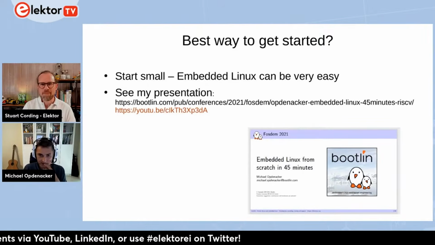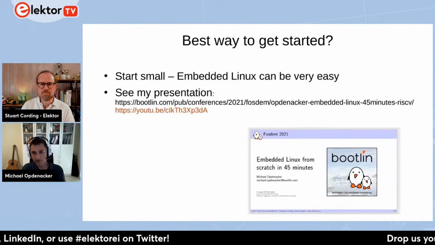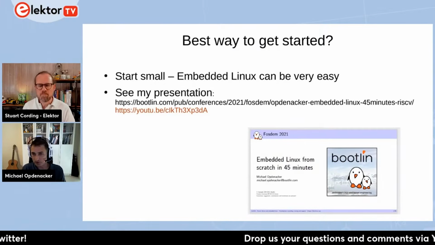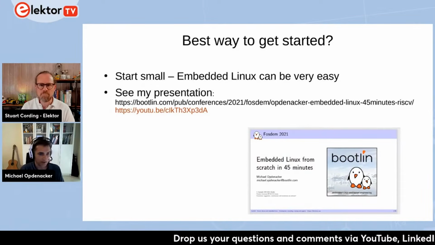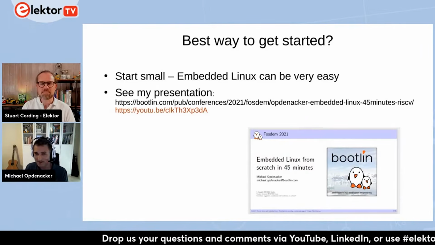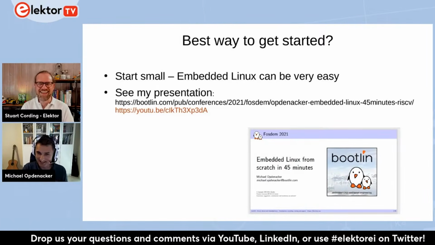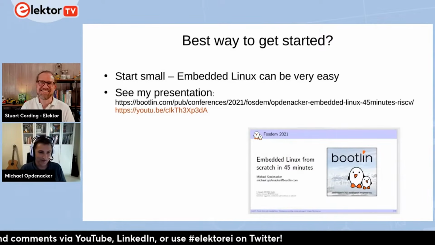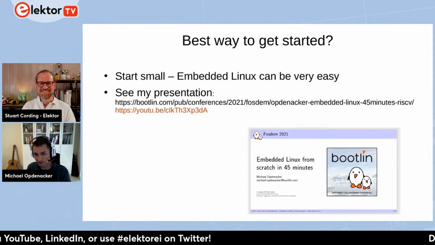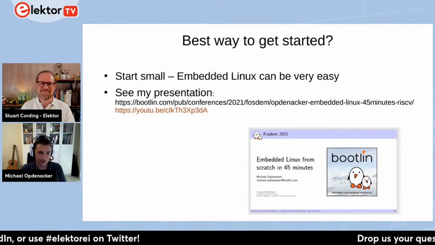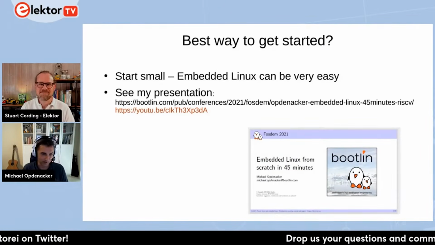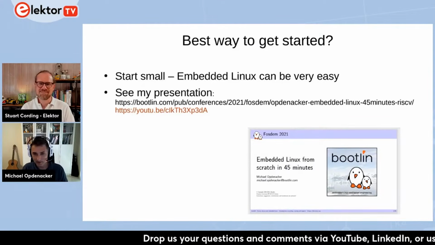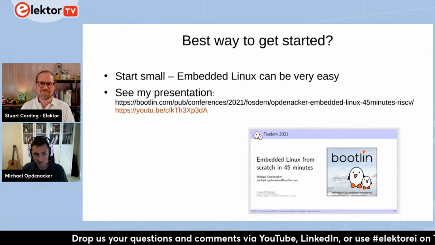To get started, my advice would be to start small. Don't try to build a complex system. Just pick up some nice hardware, like the Raspberry Pi, if you can buy one. If you win one today. You never know. Yeah, or a BeagleBone, or the hardware from Olimex, which is open source hardware, or from Supercomputers, nice people too, or just QEMU. QEMU is nice and can emulate a bunch of ARM and RISC-V boards typically.